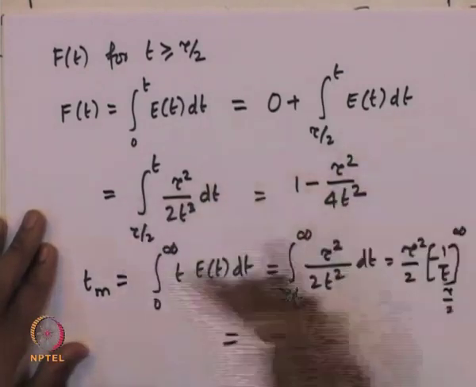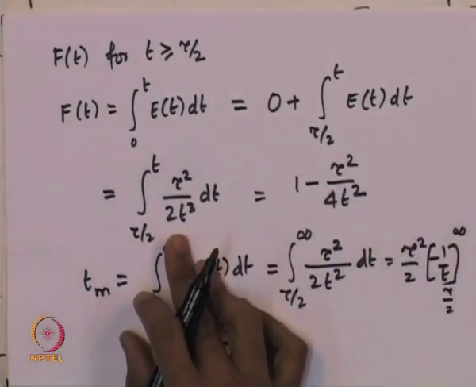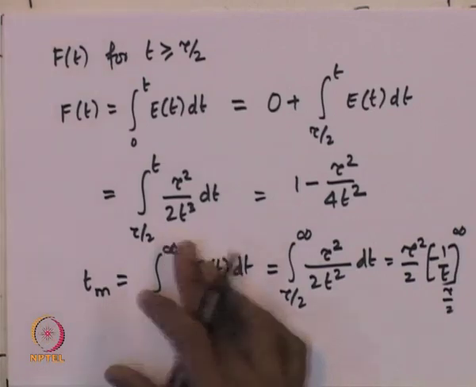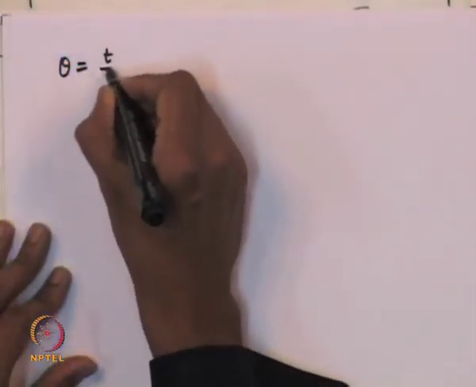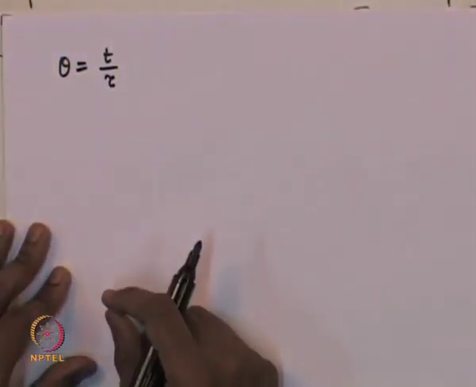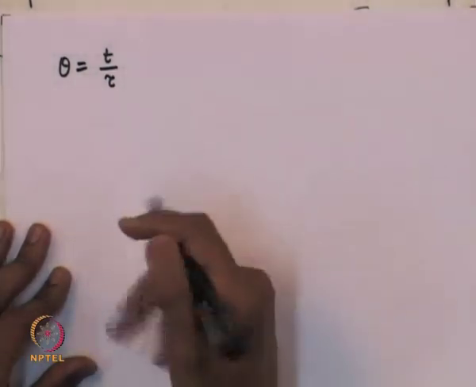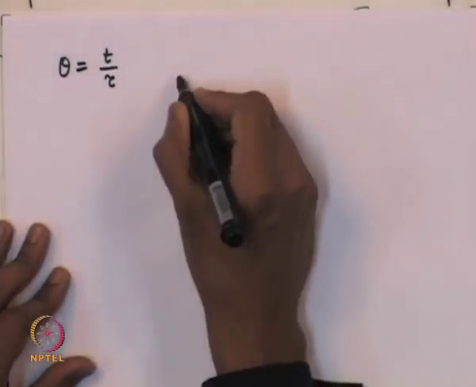And in fact, we have shown this for 3 different types of reactors: the plug flow reactor, CSTR, and that of the laminar flow reactor. Now, let us look at the normalized residence time distribution function. Suppose we define theta as t by tau, where tau is the space time or the mean residence time for this particular case, and so E of theta